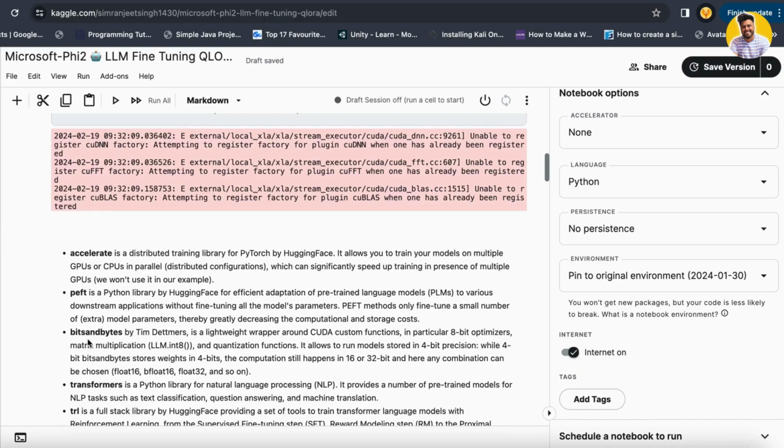Then we have bitsandbytes. This is a lightweight wrapper around CUDA custom functions that is used to load your pre-trained large language model in custom formats, like 4-bit or 8-bit format, because our models are already stored in 16 to 32-bit representations. So we need to load them in a smaller format so that they are easy to load and easy